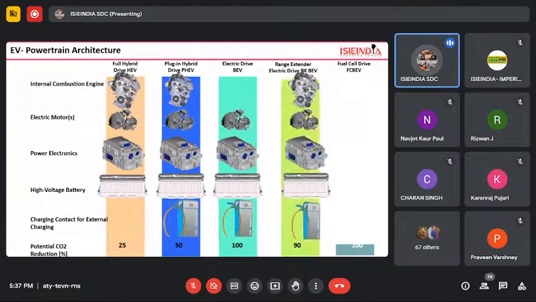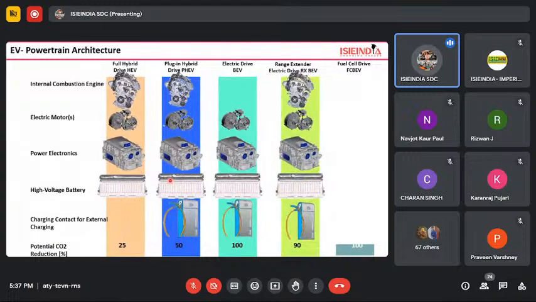Next one is a range extender. Maybe many people are not familiar with this. A range extender is almost the same as a plug-in hybrid, but the function is not the same as a hybrid vehicle. It will be a 100% electric vehicle. But if your battery is not charged, or if there is no charge facility available outside, then we can use the built-in engine to extend the battery